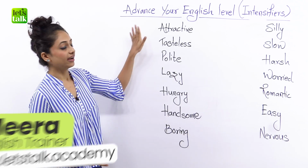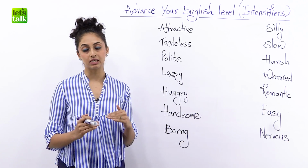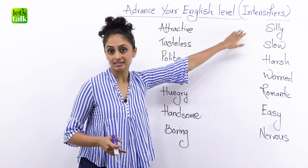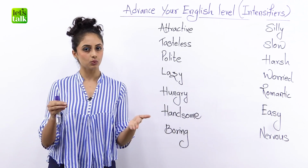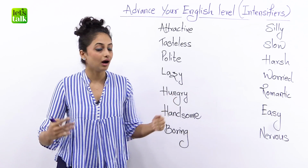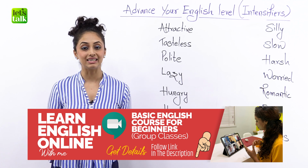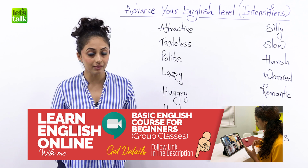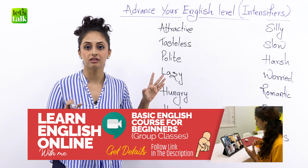Today I've got certain adjectives written on the board for you, and we are going to learn how to make these adjectives more attractive by using certain words which are called intensifiers. Just the way the word suggests, intensifiers are words that give an intense expression, or they will tell you exactly how hungry you are or how harsh someone was. Basically, these intensifiers allow you to express more properly, and they help you amplify certain words and certain adjectives without